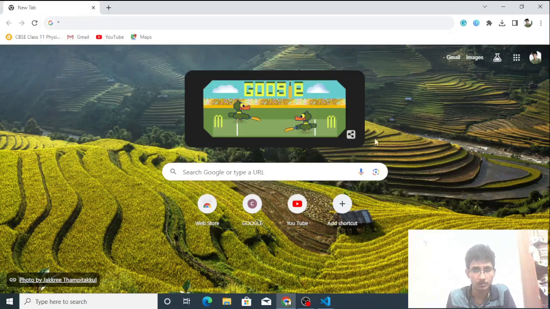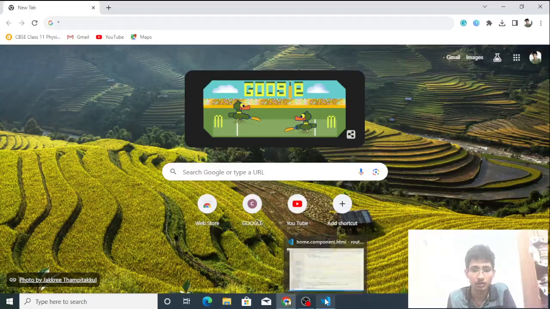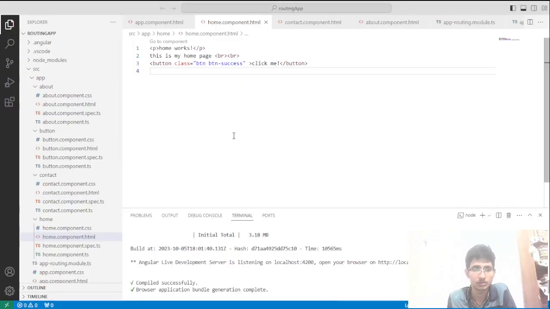In the previous video, we have already discussed routing. So today we are going to understand what is child routing. If you do not have any doubt in routing, then it will be too easy for you to understand child routing. So I am going to my VS Code and I will open my application,